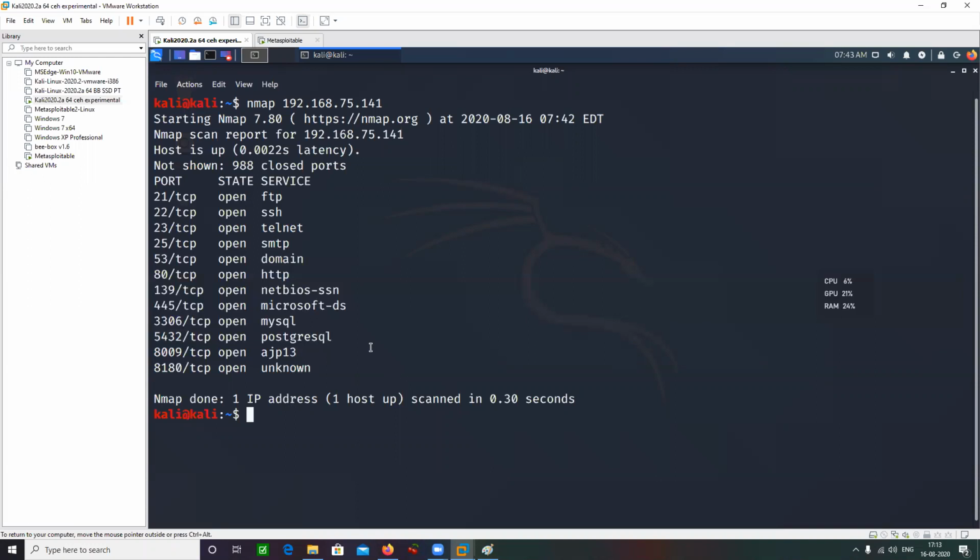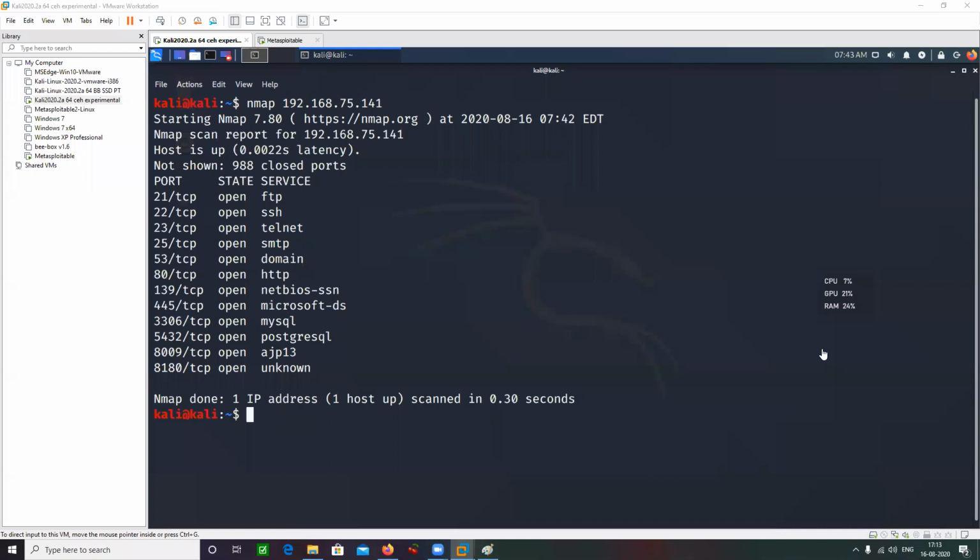Basically, before doing a version detection scan, let me just tell you about banner grabbing. So what is banner grabbing? Have you guys ever heard about banner grabbing? Has any one of you heard about banner grabbing?